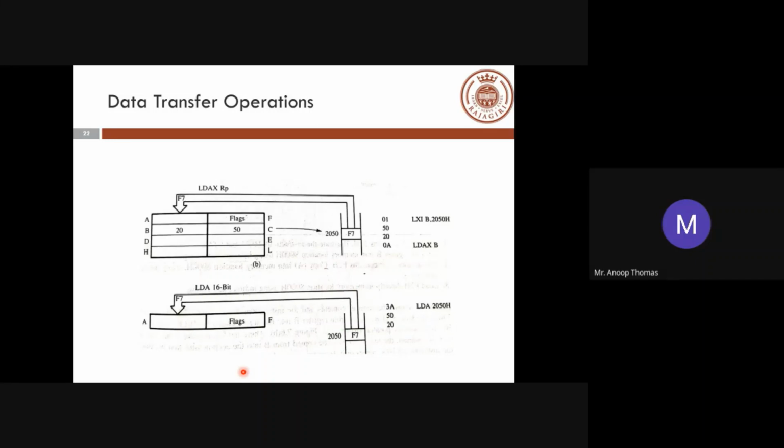Whereas when you have LXI, I coming into the picture, the data is directly copied. Whereas when you have things like LDA, it is loading of the accumulator with the memory content of 2050. Both these are doing the same operations. Okay. So try to understand this. We'll do the programs and then try to have a clearer picture of it. If anybody has any doubts, you can ask now.